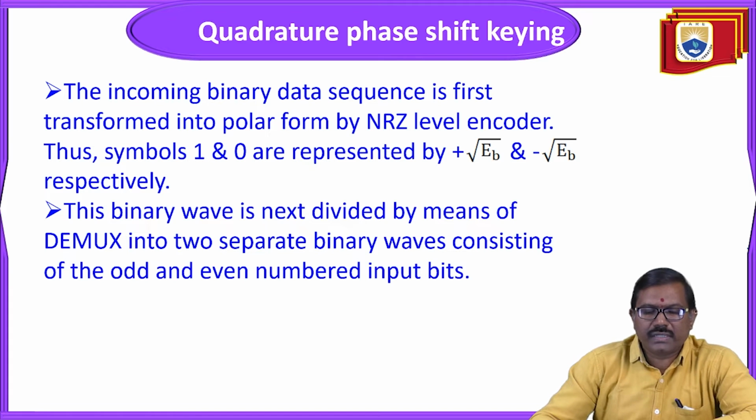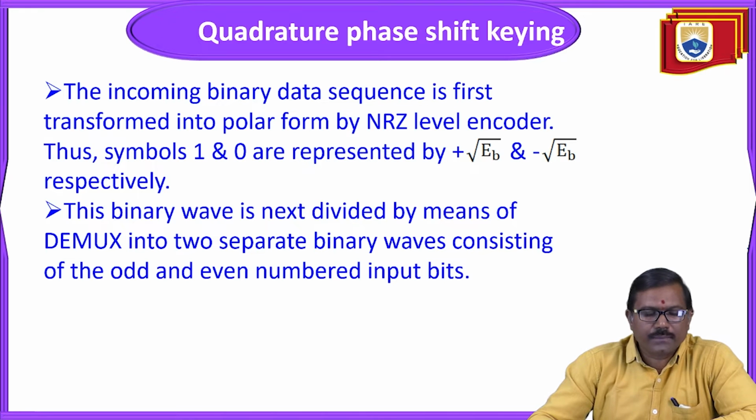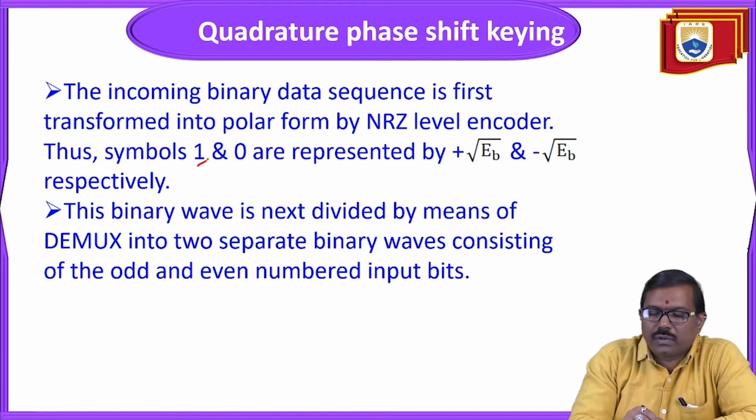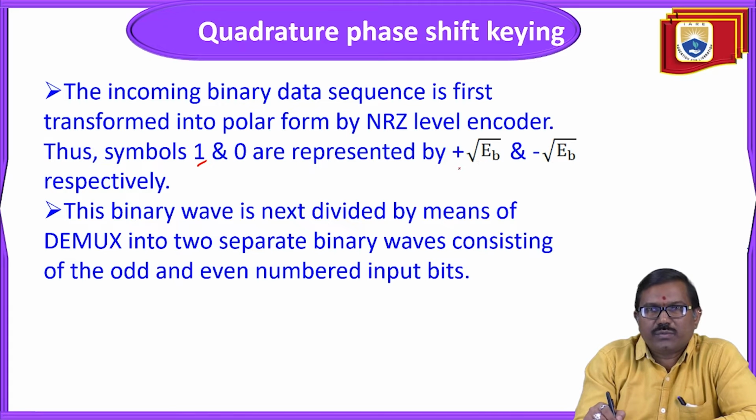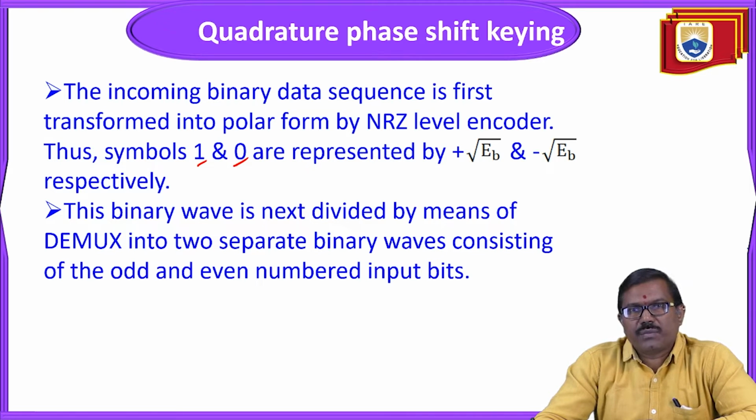The incoming binary data sequence is first transformed into a polar form by an NRZ level encoder. Thus, symbols 1 and 0 are represented by plus root Eb and minus root Eb respectively. Why? This is NRZ, no zero values there. So for 1, I am assigning plus root Eb. For 0, I am assigning minus root Eb. This binary wave is next divided by means of a demux into 2 separate binary waves consisting of the odd and even number input bits. Okay,